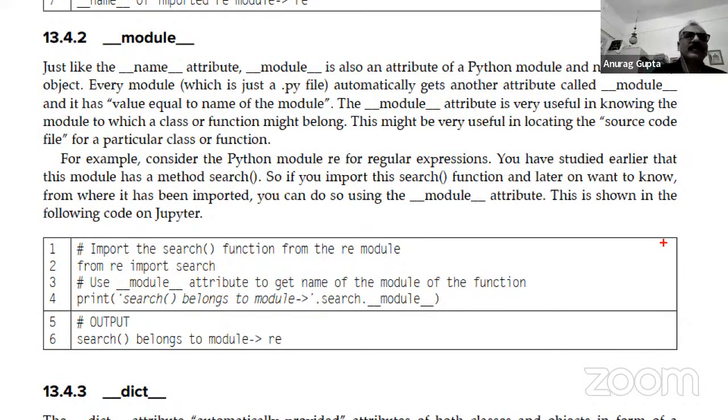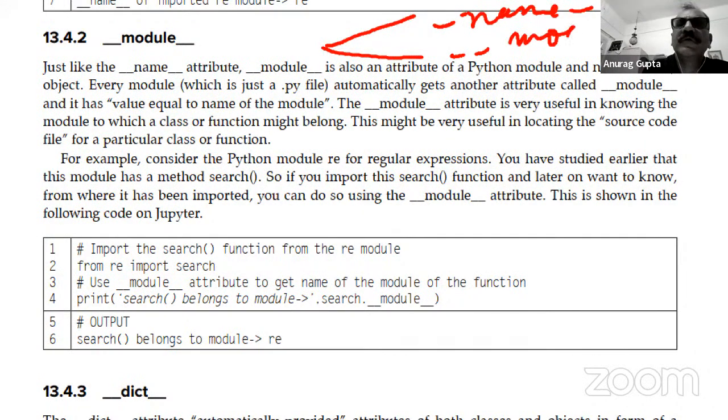Okay, let's talk about this. So if you remember, I talked about two attributes of the module. First was name, and the second is module. So we have covered name. Now, just like the name attribute, module is also an attribute of the Python module, and